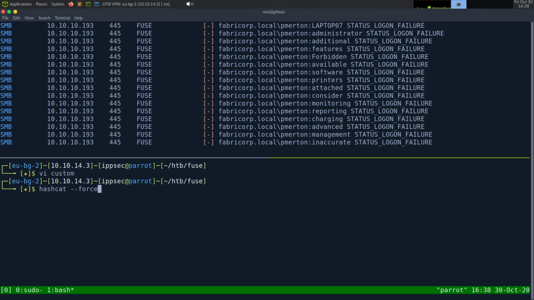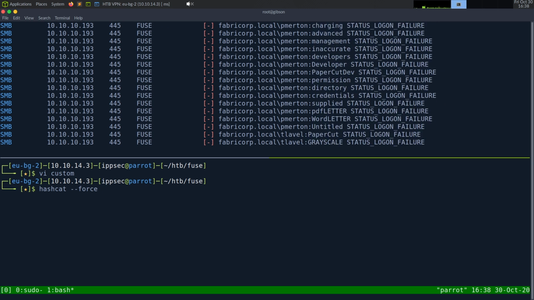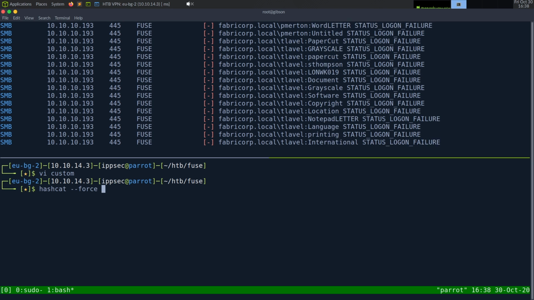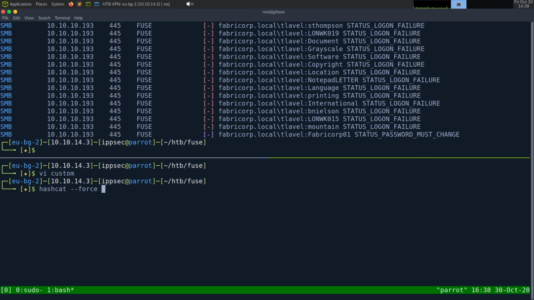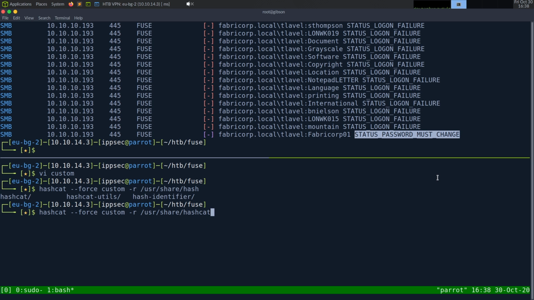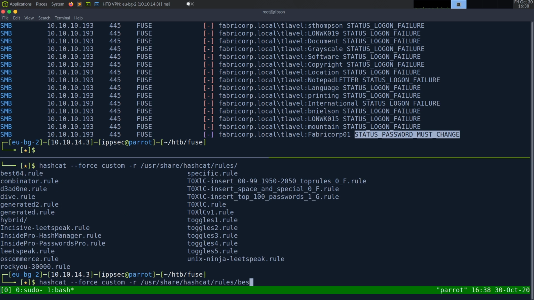Never use this to actually crack, but for generating a password, or a password list, it's fine. So the word list, and we have FabriCorp1 here for his password. But the word list is going to be custom, and we're going to specify the rule file. So /usr/share/hashcat/rules, and I'm going to do best64, and then --stdout, and we'll direct it